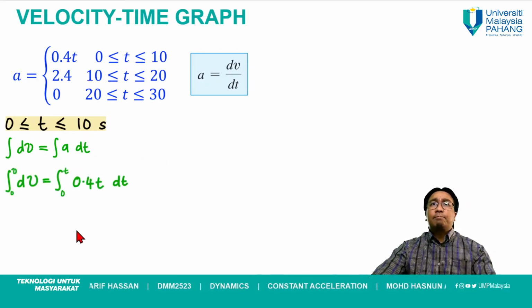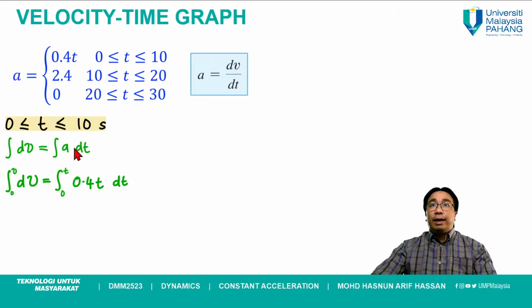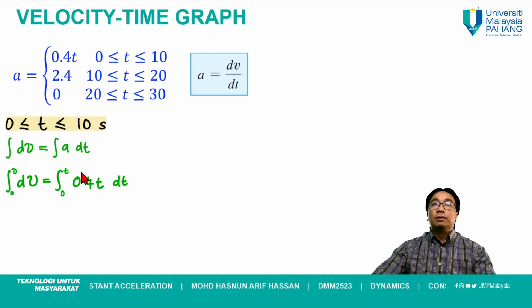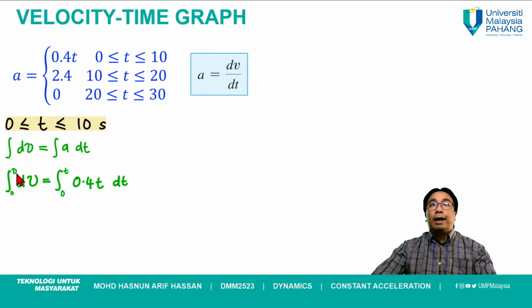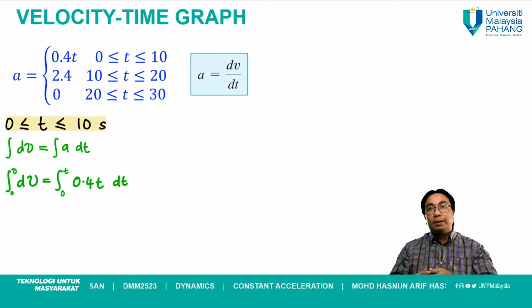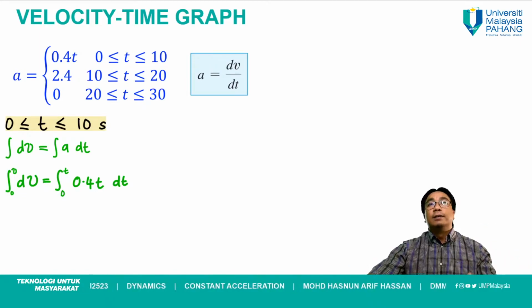Okay. Now, a, kita tahu a is equal to 0.4t for this phase. So you will substitute 0.4t in a here. And then the integration must have a limit lah from berapa until berapa you want to integrate. So basically,